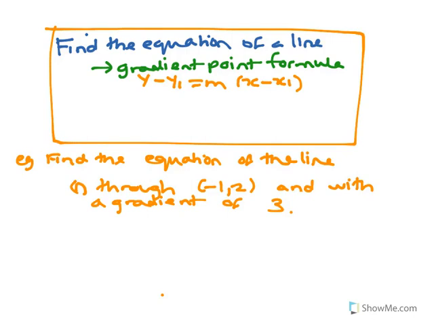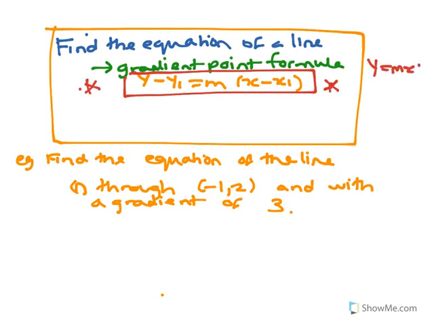Okay, so just finding the equation of the line. To find the equation of the line, if you use y minus y1 equals m(x minus x1), this is probably one of the most important formulas that you learn besides y equals mx plus b. Y equals mx plus c is where you're given the gradient and the y-intercept, which is